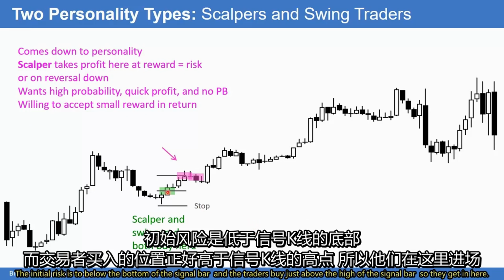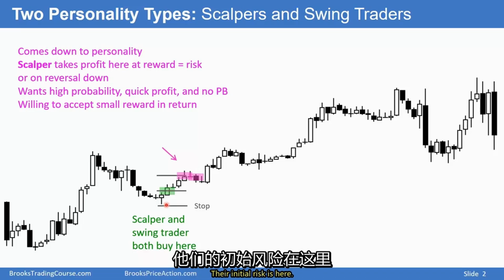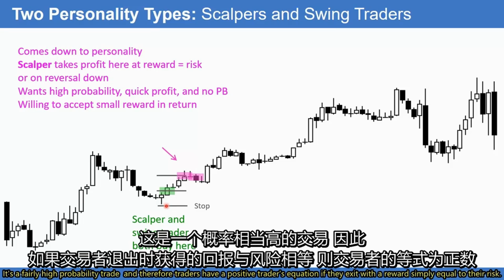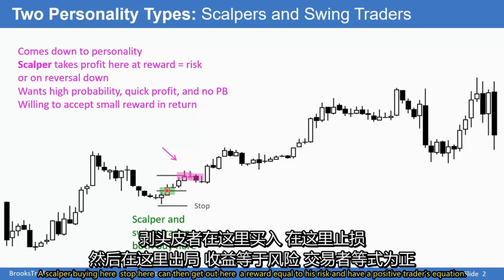The initial risk is to below the bottom of the signal bar, and the traders buy just above the high of the signal bar. So they get in here, their initial risk is here. It's a fairly high probability trade, and therefore traders have a positive trader's equation if they exit with a reward simply equal to their risk. A scalper buying here, stop here, can then get out here, a reward equal to his risk,